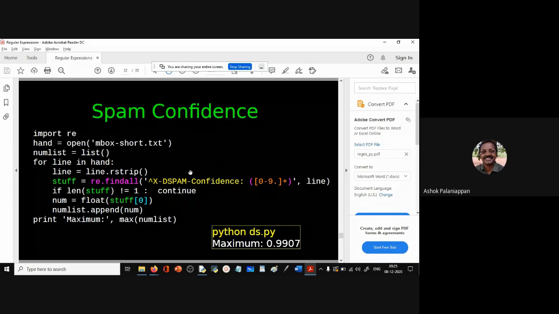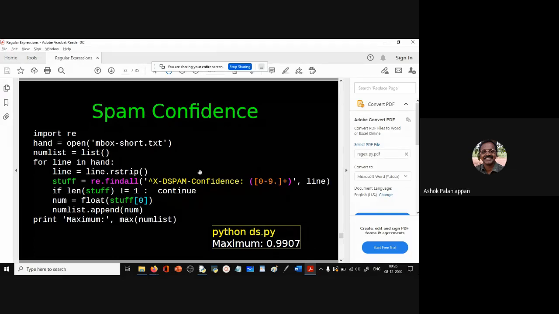If you want to find this confidence level for all our emails, there is this email header that is called X-DSPAM-Confidence, and we want to get this value alone. So how do we get the value? We want to extract the value, so you put it within a parenthesis. It has to start with X-DSPAM-Confidence, and this value I put within a parenthesis. And what is the value? It is 0 to 9, but it may also contain a decimal point. It's usually 0.05 or 0, from 0 to 1. So we put the decimal point as also an allowed character, and then we say at least one of the digits or the decimal point. Okay, and this we are trapping, and then we are finding this in our line, and therefore we have the confidence score.